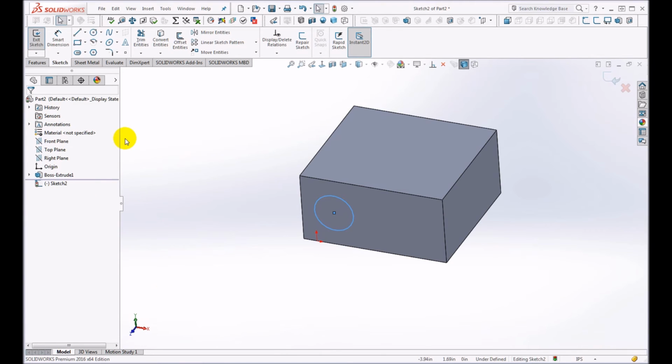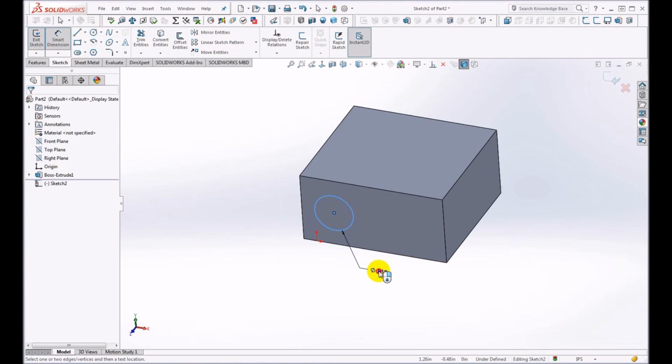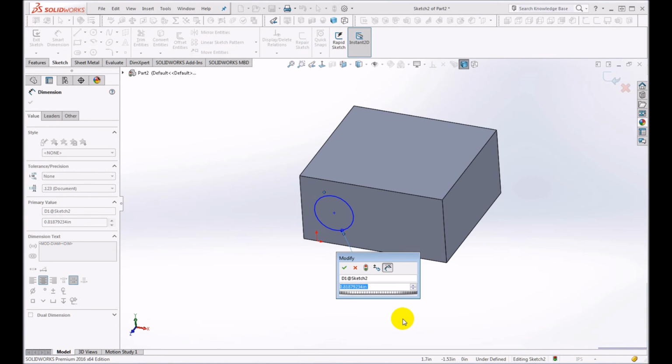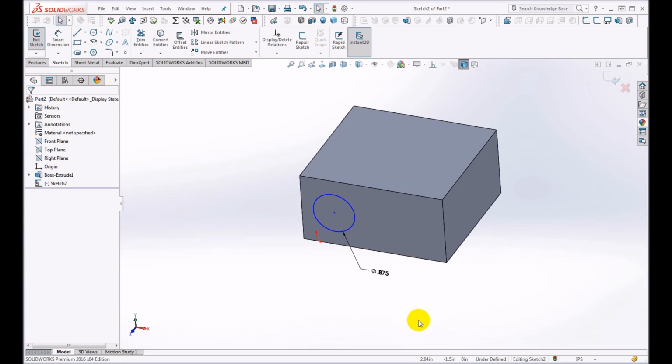Let's add a dimension. I'm going to at least dimension the diameter of the circle and click on Smart Dimension. Since it was already selected, it goes right into the dimensioning mode. Click on OK, and it's asking me to put in a dimension of 0.875. It's almost that, but not exact. I'm going to make it exactly 0.875. Press enter, and I'm finished with the dimension. Now the circle is 0.875. I will accept the sketch again by clicking in the upper right on the green arrow, and I'm taken